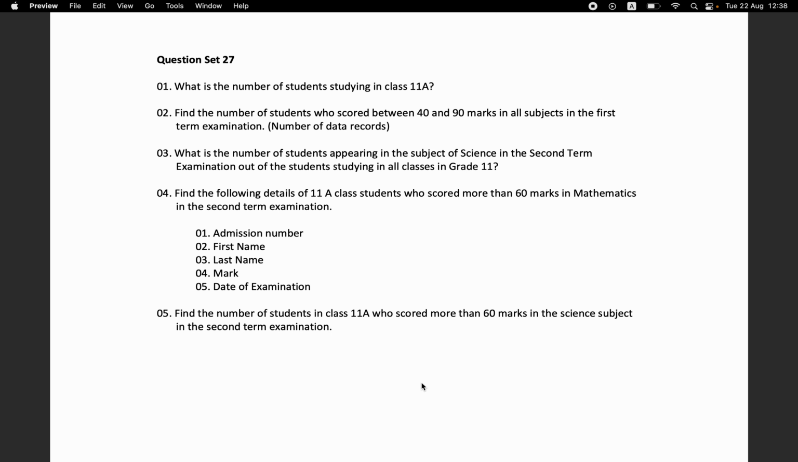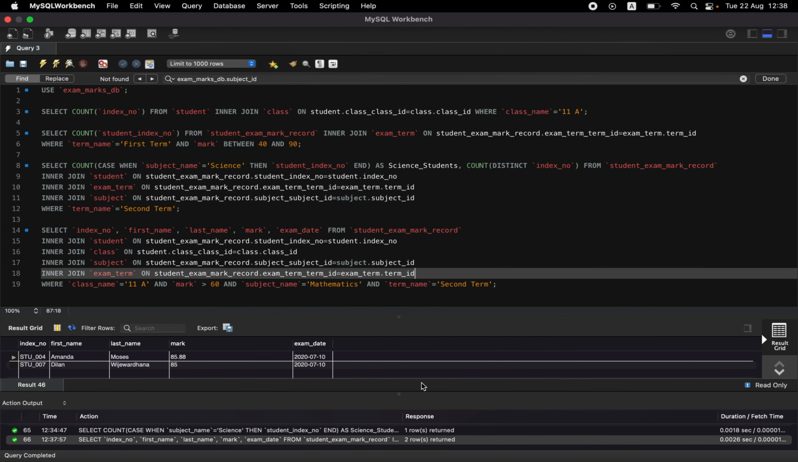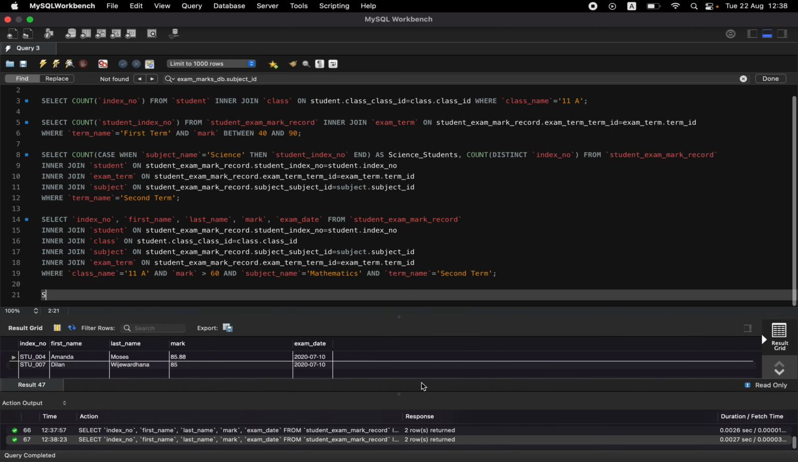The fifth one is the last one. Find the number of students in class 11A who scored more than 60 marks in the science subject in the second term examination. So we have to find the number of students. For that, select count index number from student index number